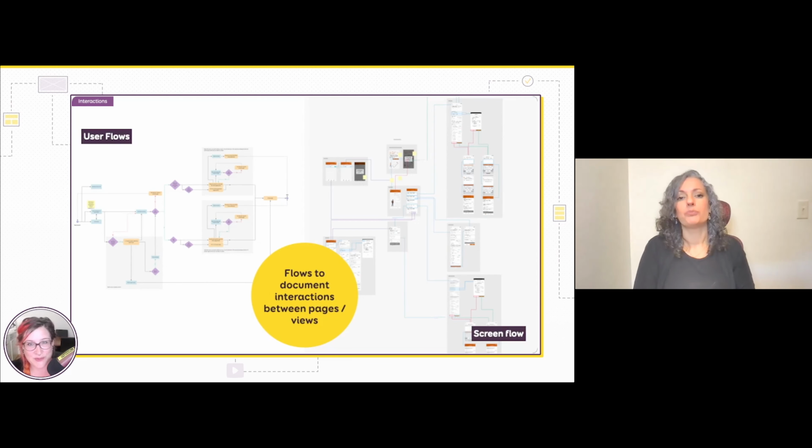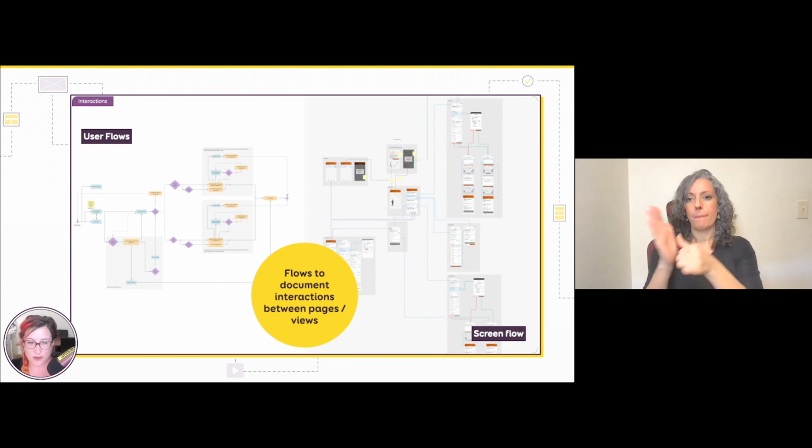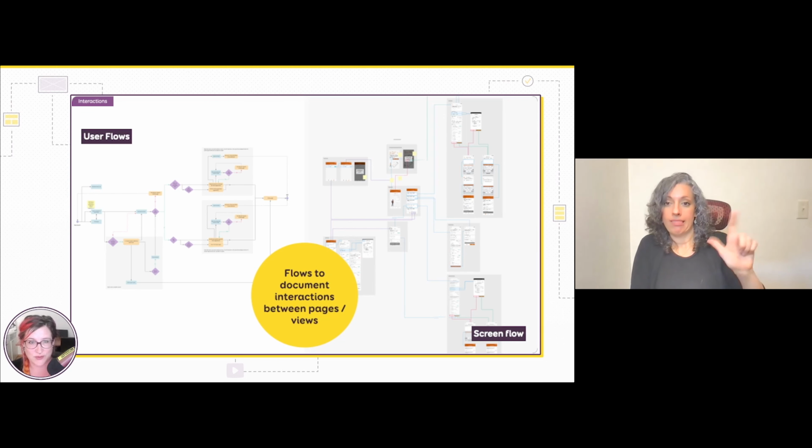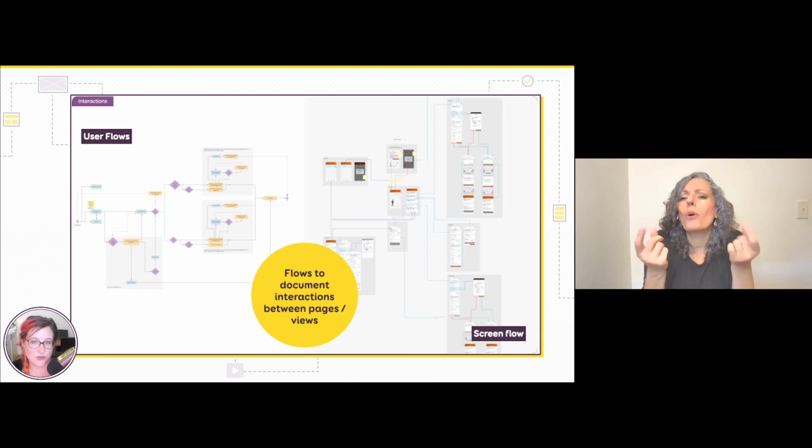One last level of documentation when it comes to interaction is interaction across pages or across views if you are in a native application. User flows, on the left of my screen, are a step-by-step box and arrow graph to document how someone will accomplish a task. We list pages, views, branches, if there are some choices to be made. They're usually built at the beginning of the project. So this is usually how we are going to plan all our pages, things like that.